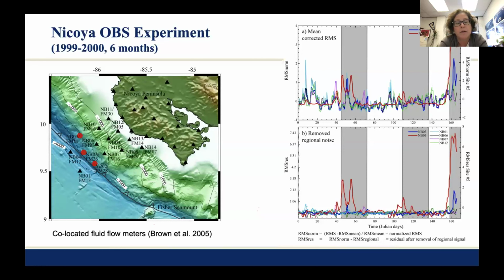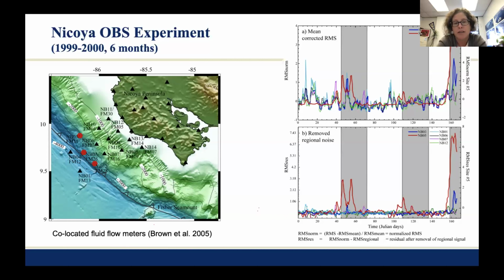The Nicoya experiment had co-located fluid flux meters out of Brown's group at Scripps at the time. And so we could see how the noise level on the OBS actually increased and reddened during the time of fluid fluxing out of the toe of the prism. We never did a similar analysis with the OSA data, as the fluid flux meters were not co-located with that data set. But it's probably an underutilized OBS data set